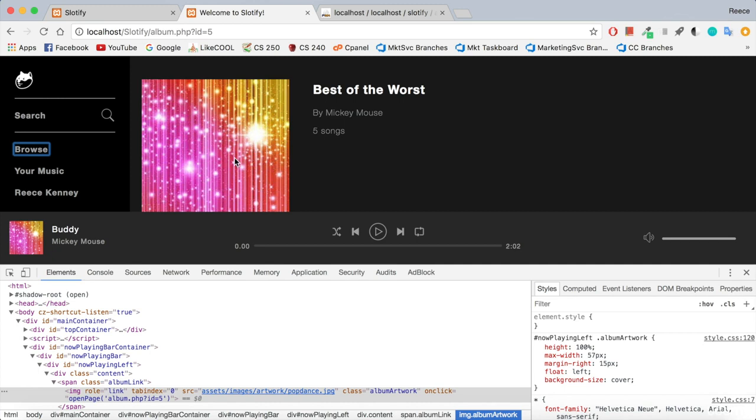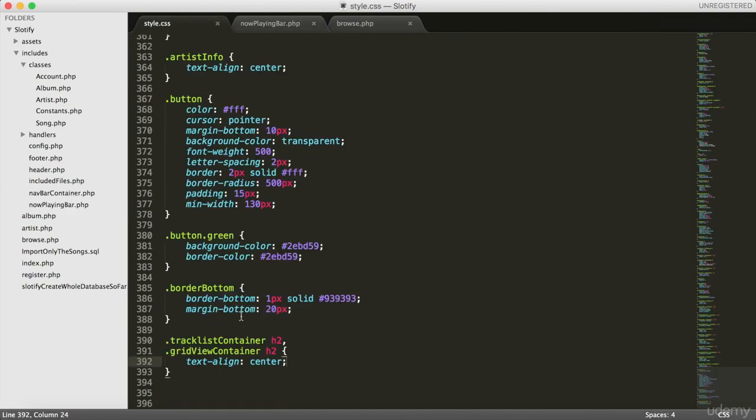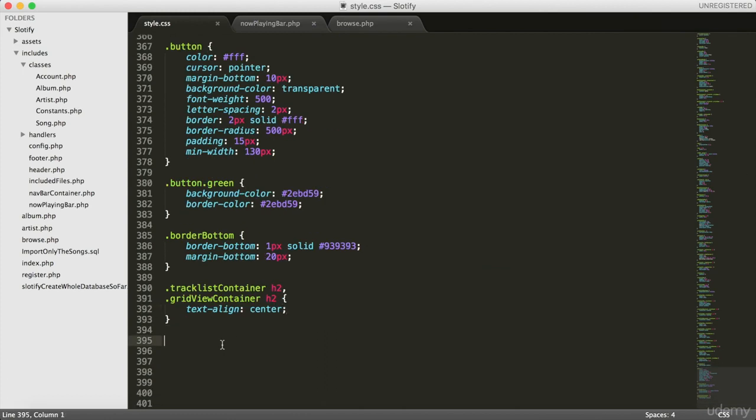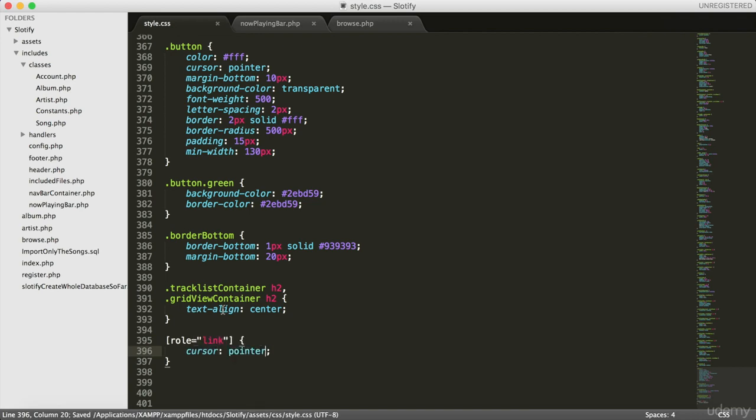So one last thing we're going to do is make it so that when we hover over one of these links, the mouse pointer changes to let the user know it's actually a clickable link, because at the moment it doesn't. And that's real simple, just one little bit of CSS. Go to your style.css and just do square brackets, role equals link, like that, and then do cursor pointer. Refresh the page,